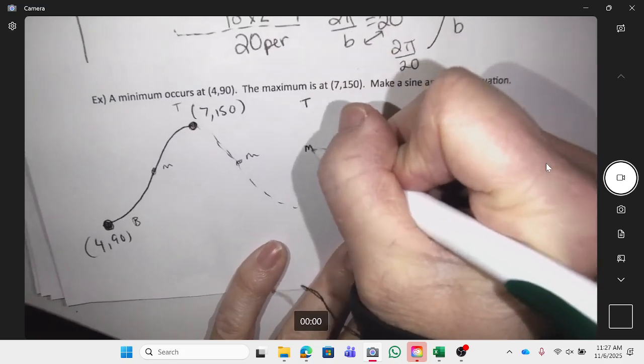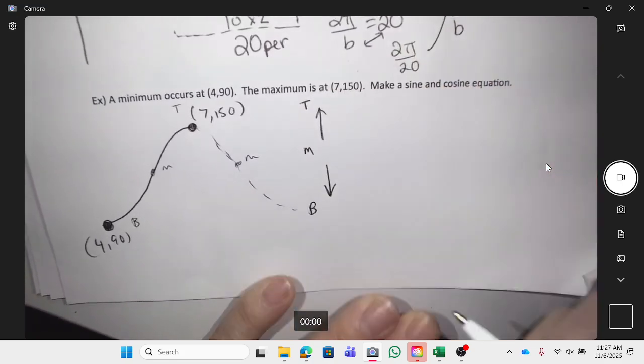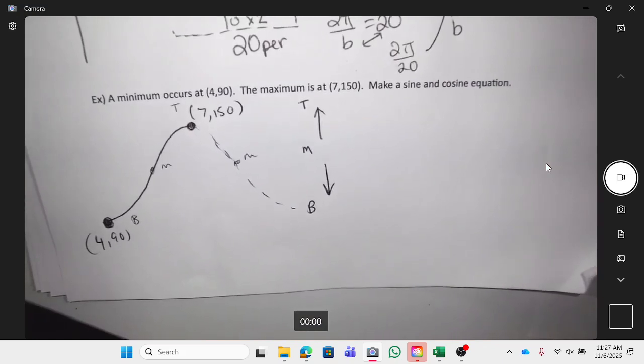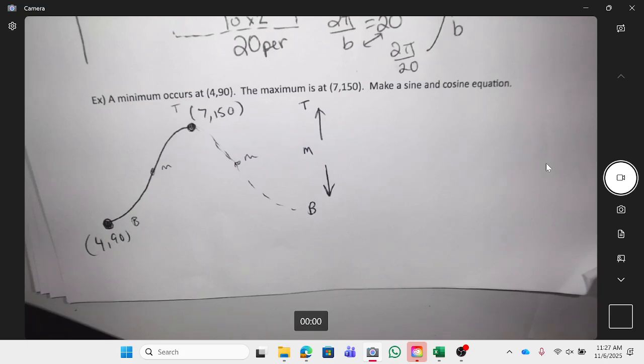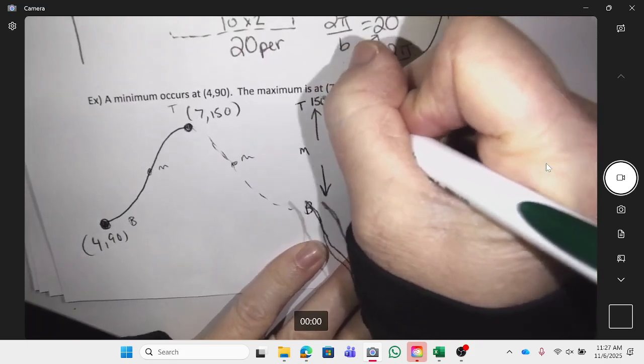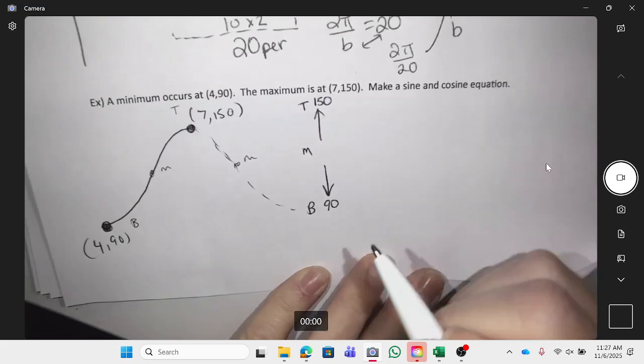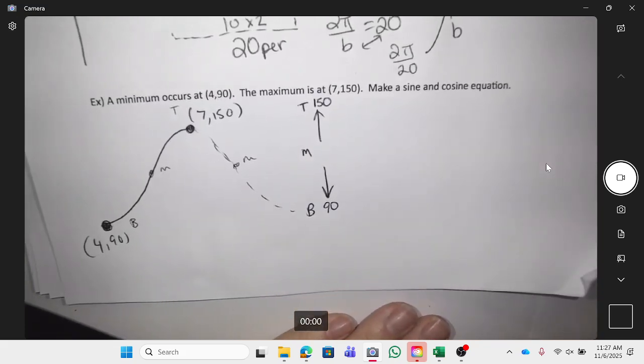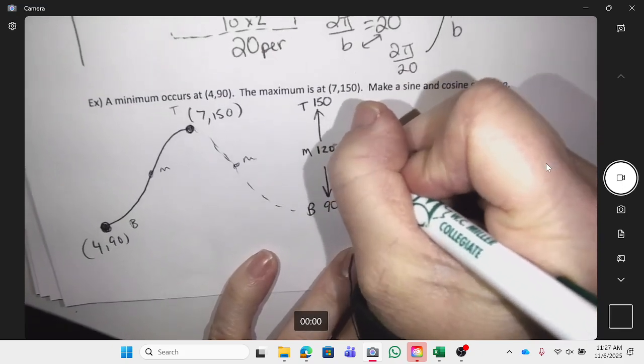So I want to break down heights. Here's all the things I can think about with heights. What's a top, what's a middle, what's a bottom, what's that fluctuation? So I can already tell you 150 is at the highest, 90 is at the lowest. I have to figure out what's in the middle. Do we know how to find a middle? Add them up, divide by 2. Okay, I got 120 in the middle,